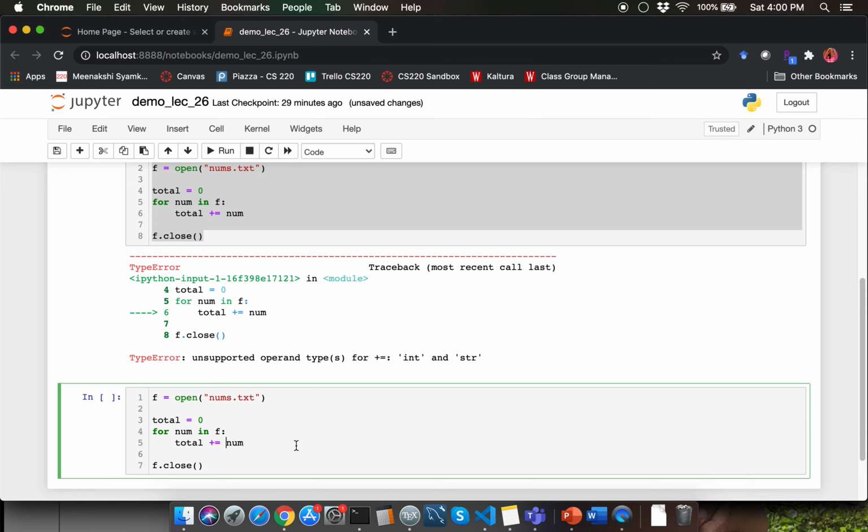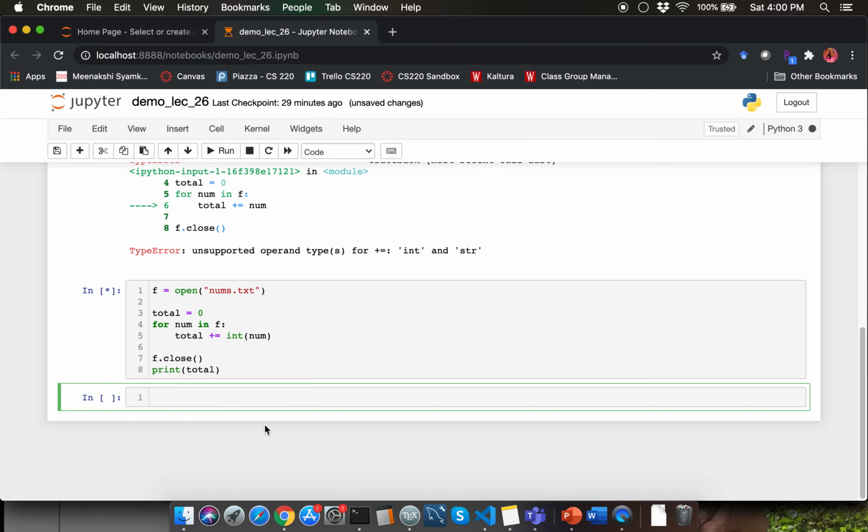So I'll have to typecast the value that is being read out of the file into an int before I go ahead and compute the total. So let me print the computed total value over here. It's going to take a really long time to run again because now the program doesn't have any bugs and the entire file processing needs to be done.